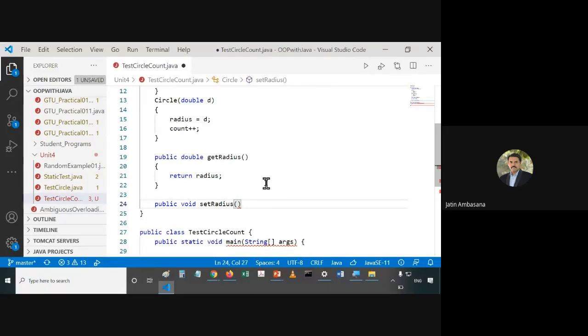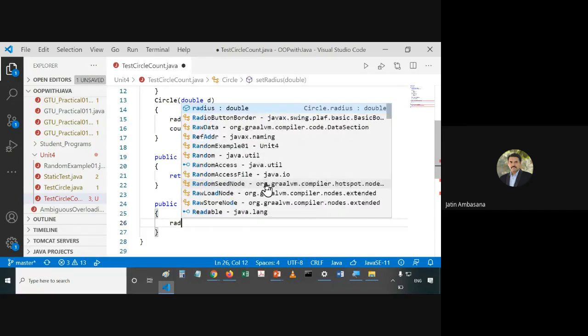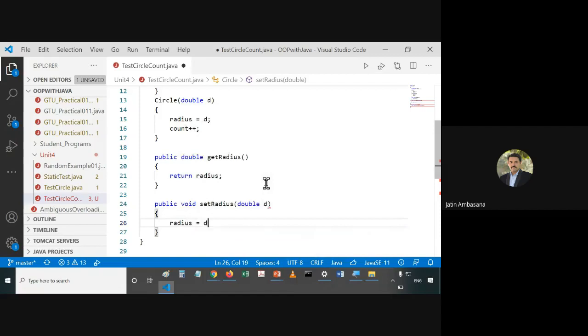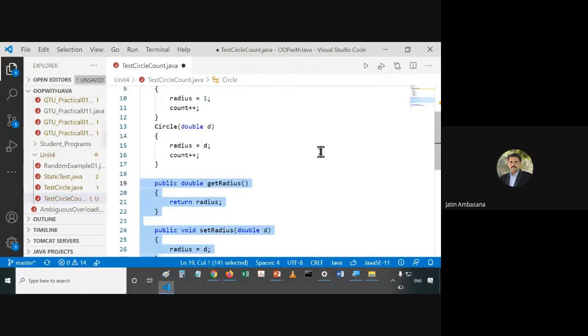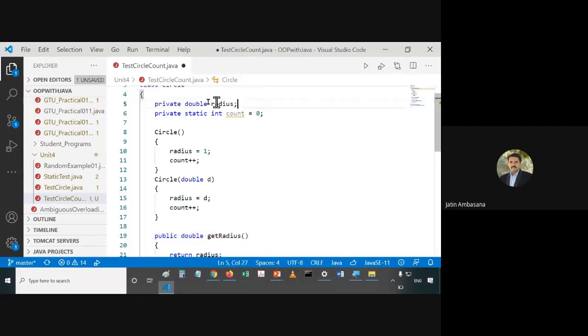So normally that is the signature. It accepts only one single parameter. So here we want to set the radius, so it will accept a double variable d, and now this d can be assigned to radius. So we say radius is equal to d. Okay, so now we have getter and setter methods which are public for this private variable radius.